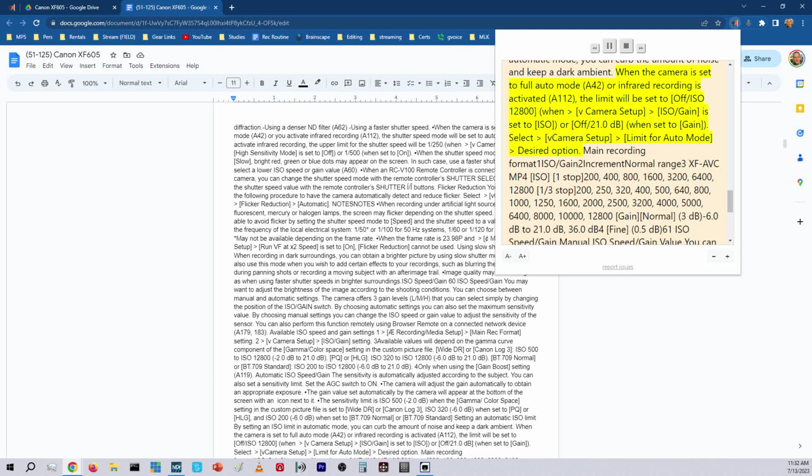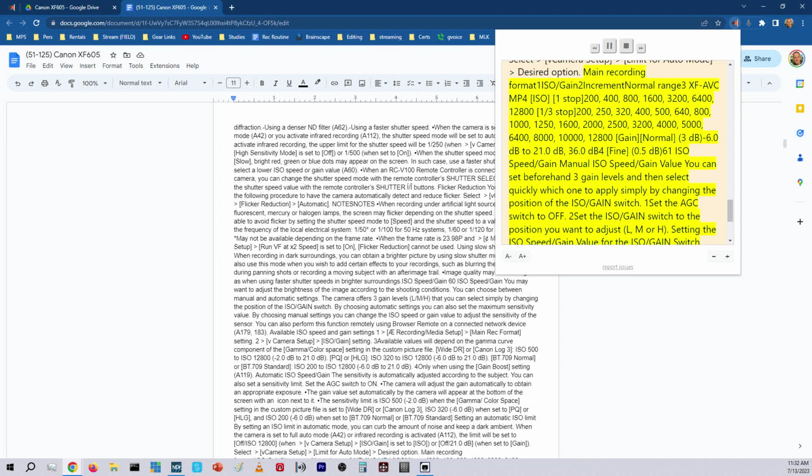When the camera is set to full auto mode (A42), or infrared recording is activated (A112), the limit will be set to off/ISO 12800 when V-camera setup ISO/gain is set to ISO, or off/21.0 dB when set to gain. Select V-camera setup limit for auto mode, desired option. Main recording format, ISO/gain, increment, normal range, XF605 MP4, ISO 1 stop: 200, 400, 800,